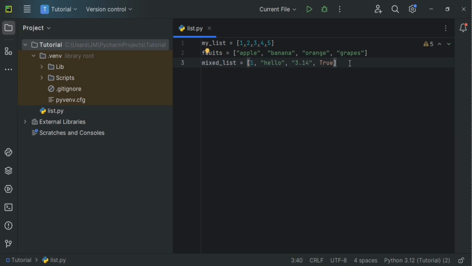Okay, now that we've created three lists, one with numbers, one with fruits, and one with a mix of different types of data, let's learn how to access individual elements within this list. It's like getting items from your drawer, perhaps. Let me show you. We use square brackets with your print function and specify the index of the item you